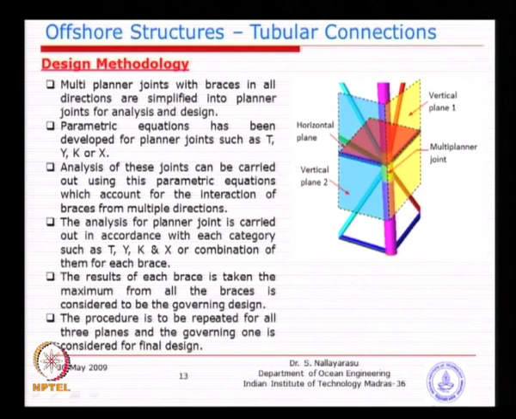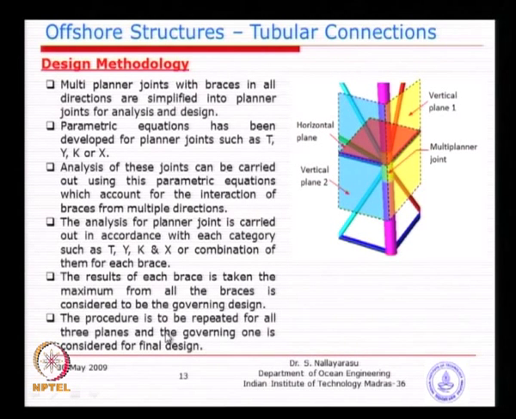This is what we were discussing about the methodology. I think the idea is clear. We could not do the design in 3 dimensional multiplanar joints. So, what we are going to see is to develop a parametric equation, an empirical method, for each of the plane frames, basically looking similar to either T, Y, K or X, and the analysis will be done plane by plane. Of course, the 3 dimensional effect is taken into account in terms of empirical multiplications. So, you do the design of one side, but that effect of the other side is already taken into account. So, that is the idea behind all those empirical equations.